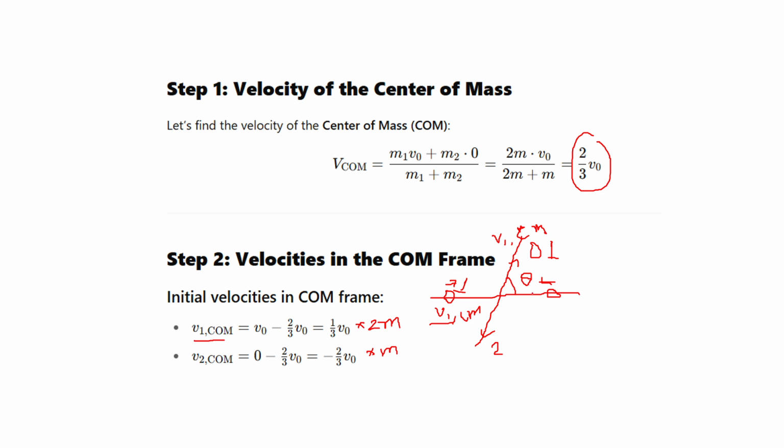Similarly, for the second particle, if it is v2 with respect to center of mass, then this magnitude will be the same when it scatters. So these two results, that linear momentum is 0 with respect to center of mass, and that their speeds do not change in the center of mass frame,